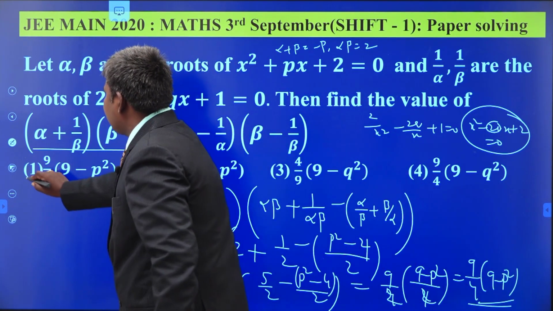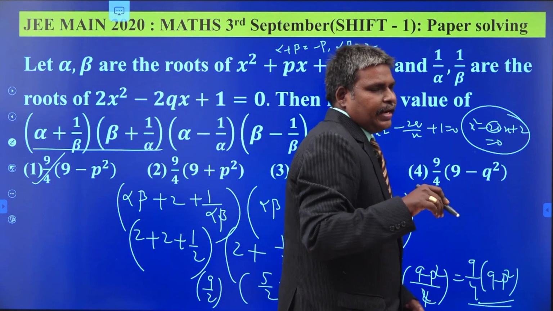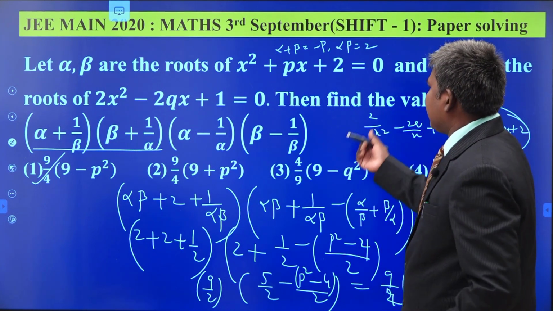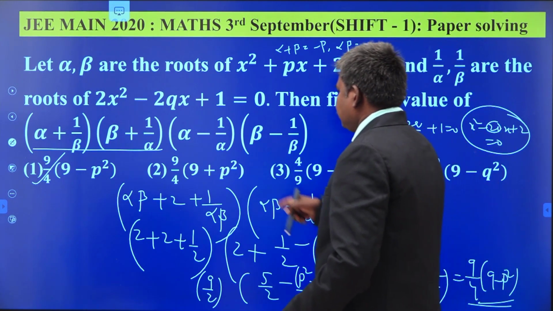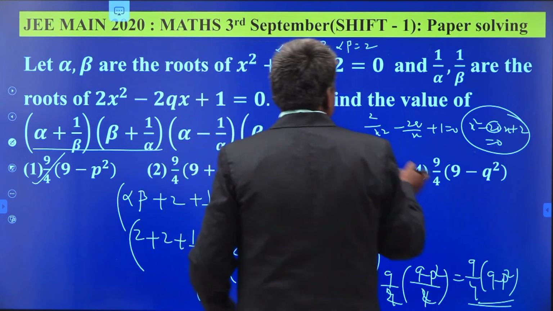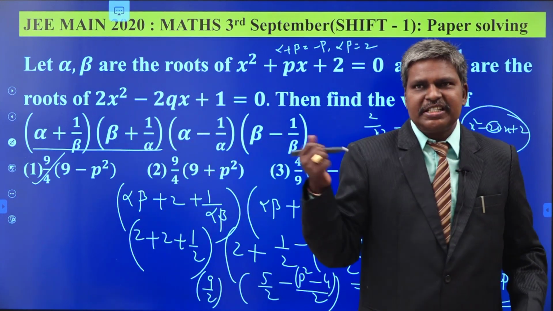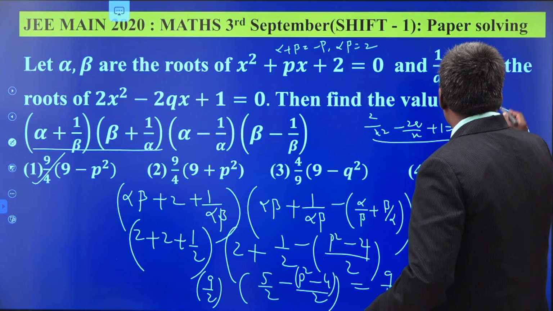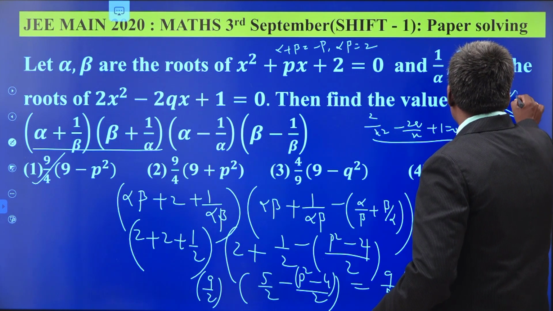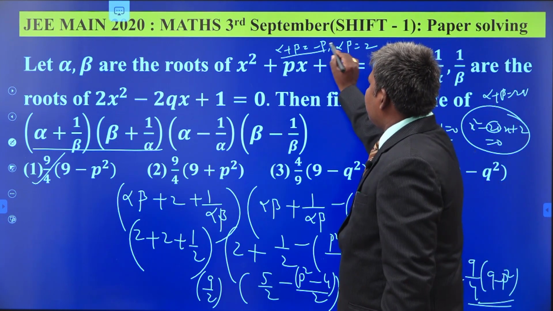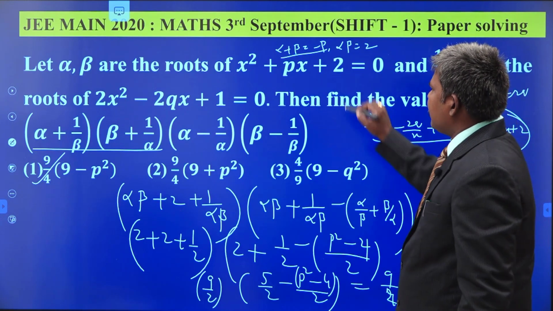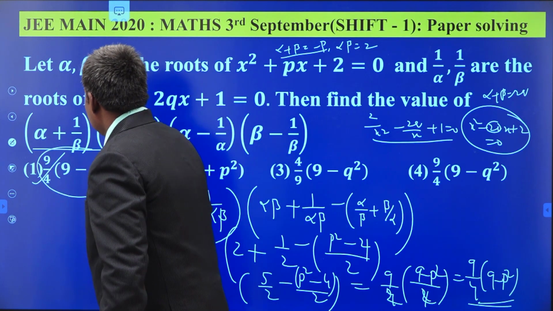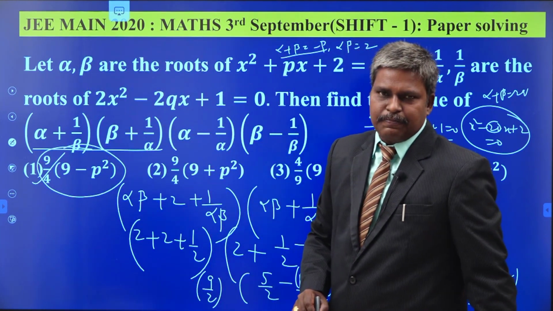Okay. For p itself this exists. Otherwise what you have to write? Instead of alpha plus beta as minus p, alpha plus beta as 2q, from that you can calculate the same value that may be in terms of q. So for this problem p itself we obtain. So by writing the reciprocal equation itself, what is alpha plus beta here? Alpha plus beta is equal to 2q. From the first equation alpha plus beta is what? Minus p. For alpha plus beta equal to minus p, this is valid with respect to the first option, 9 by 4 times 9 minus p square. Understand?